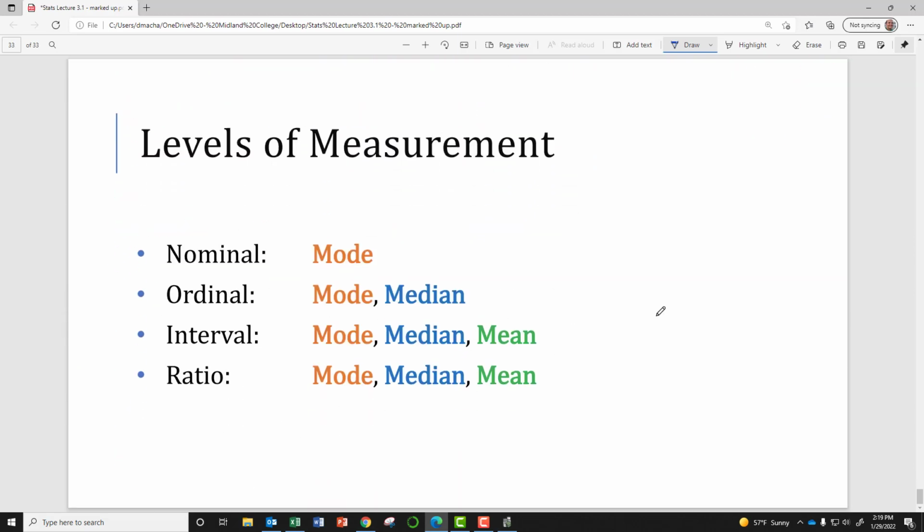Lastly, we talked about level of measurement in chapter 1. And so I want to bring that back and just talk about which measures of central tendency actually apply to different variables with different levels of measurement. Well, if you have a nominal level of measurement, which is just placing individuals in your sample into categories, the only measure of central tendency you could take is the mode,